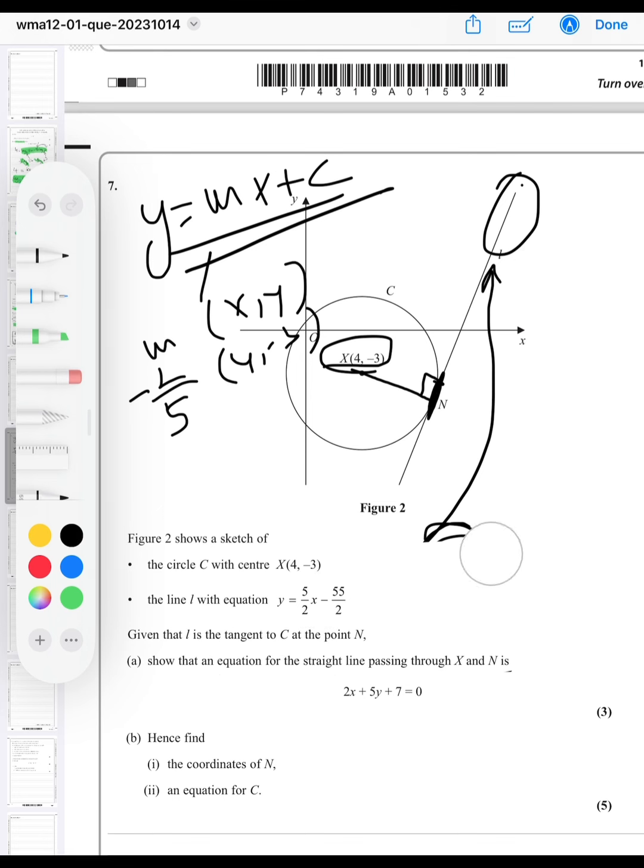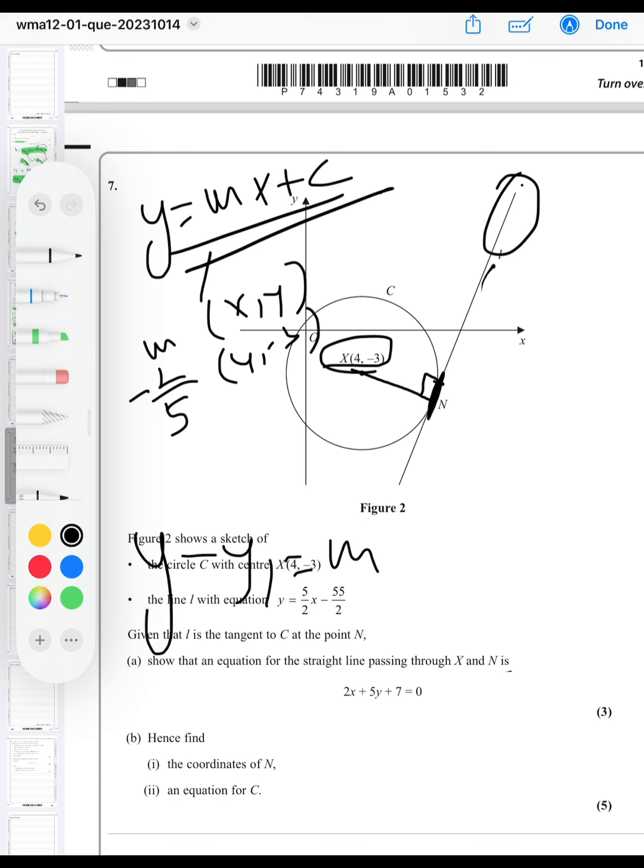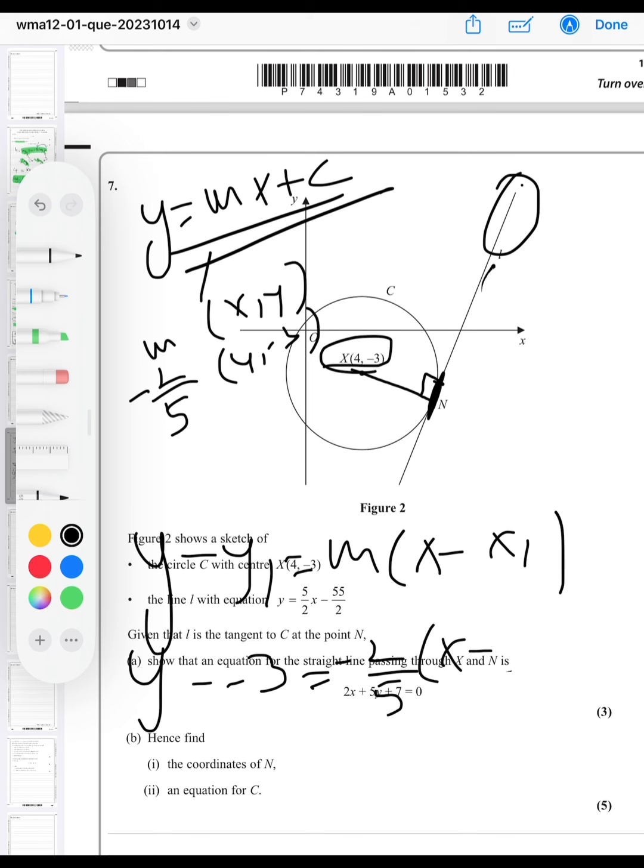Okay, so now we will make the equation. The equation of a line is y minus y1 equals gradient times x minus x1. So y minus -3 equals -2/5 times x minus 4. y plus 3 equals -2/5 x plus